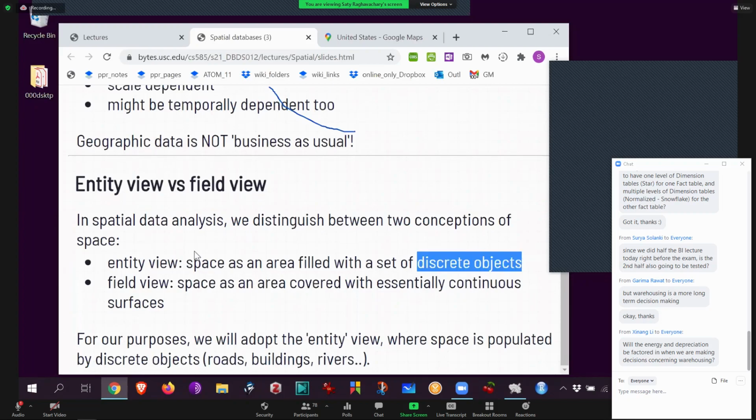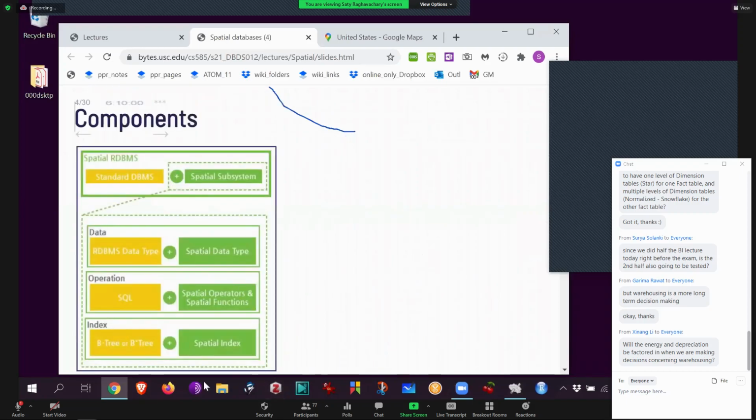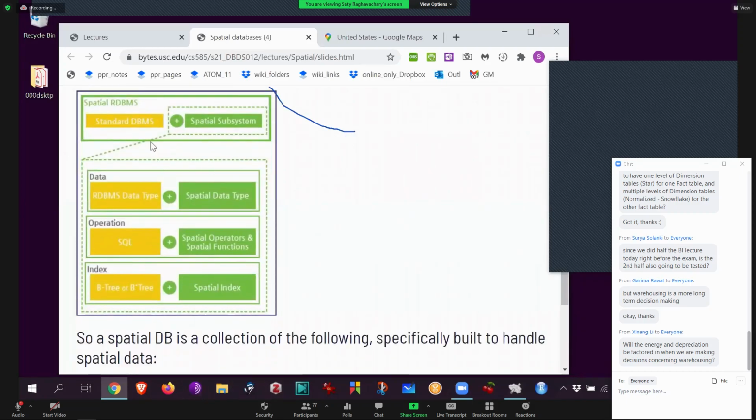In other words, these are things that actually go in our database. This is simply for mathematical purposes. That's pretty much it. So we do entities, okay? Because roads, buildings, rivers, they're all entities. Prisons, airports, any of them. And then this is the part that I told you now, this makes so much sense to you.